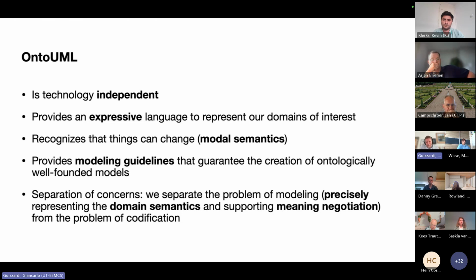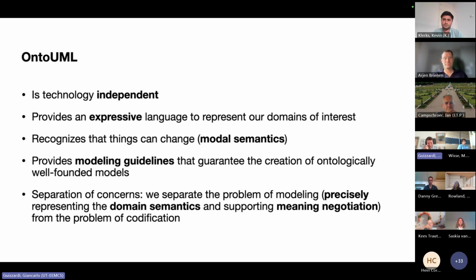OntoUML is technology independent, so it's a computation-independent level language, if you want to use model-driven engineering jargon. It's quite expressive. It recognizes that things can change in the world, so it has a kind of modal semantics, unlike RDFS and OWL, for example. It provides these guidelines for helping the user build their models, and it's built with this clear separation of concerns between the problem of modeling the domain in a way that is as expressive and as clear as possible to avoid false agreements, to help with this process of meaning negotiation when you have to negotiate meaning with people outside the bubble in which that model was created,